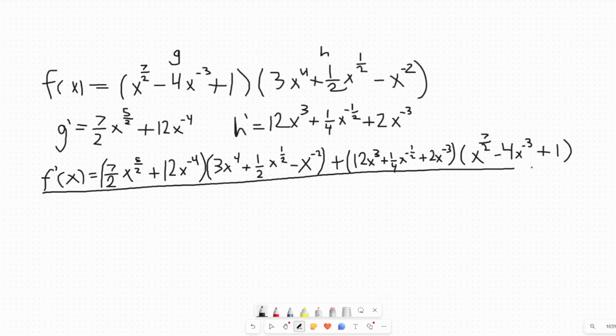That is your answer for the derivative of f of x. If your teacher wants you to simplify this, it is tedious, but it's pretty straightforward. You do this times this, then same thing times this, then times this, and then this one times this, times this, times this, and you keep going. But yeah, that's the product rule. The next video will be on the quotient rule, and good luck